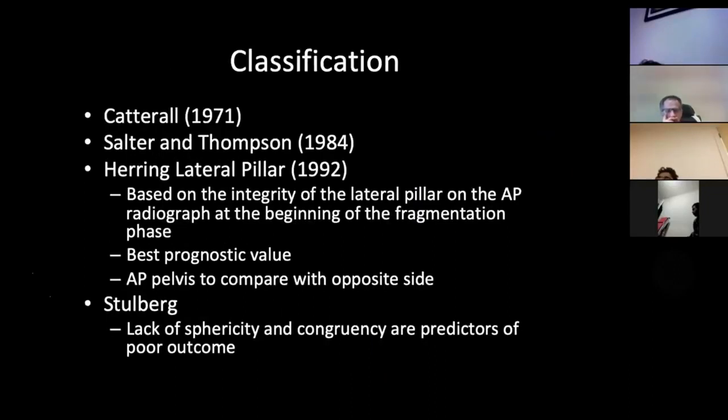So classification, there's 3 classification systems, right? And so there's probably 4, actually. So one is Lateral, done in 1971. I've not touched on it. Salter-Thompson, 1984. Again, I've not touched on it. The Herring classification of lateral pillar is probably the one that is most prognostic. So we will talk about that. And you need an AP pelvis to compare it with the other side. And then the next one is the Stulberg, which is more of a long-term classification. So for the purpose of your exam, know these exist, but you want to focus on the Herring,